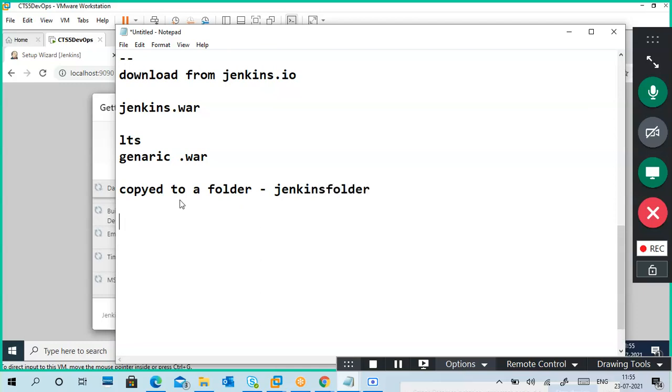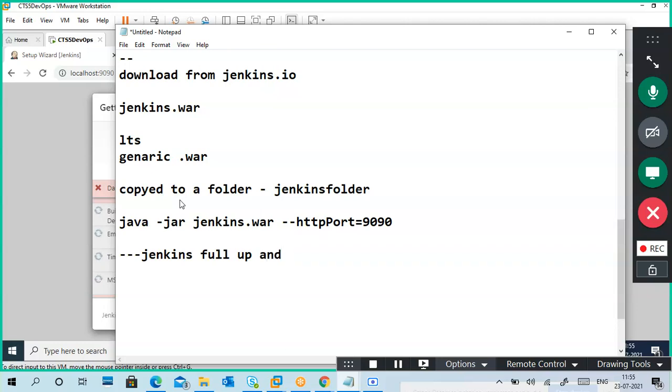Then I ran this one, where I want to open Jenkins with a different port number, not the default port number, 9090 like that. When it shows Jenkins fully up and running,